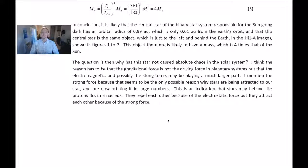The question is, then, why has this star not caused absolute chaos in our solar system? I think the reason has to be that the gravitational force is not driving the force in planetary systems, but that electromagnetic and possibly the strong force may be playing a much larger part. I mentioned the strong force because that seems to be the only possible reason why stars are being attracted to our star and are now orbiting it in large numbers. This is an indication that stars may behave like protons do in a nucleus. They repel each other because of the electrostatic force, but they attract each other because of the